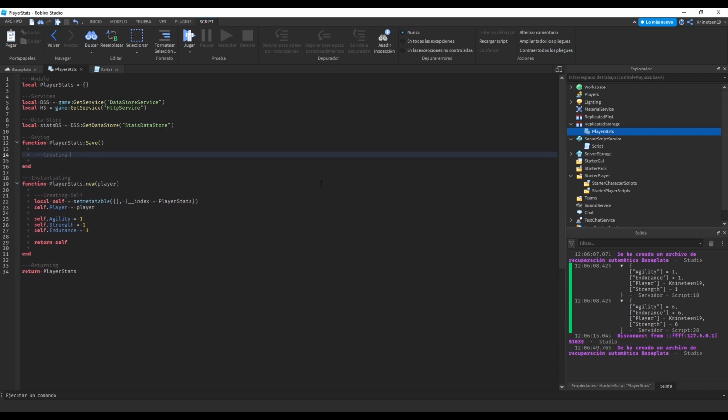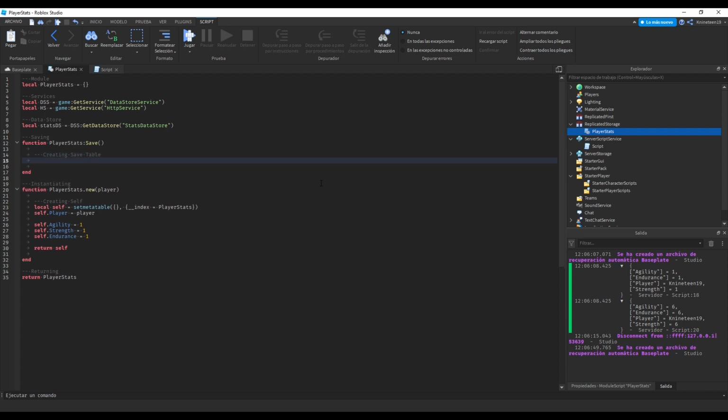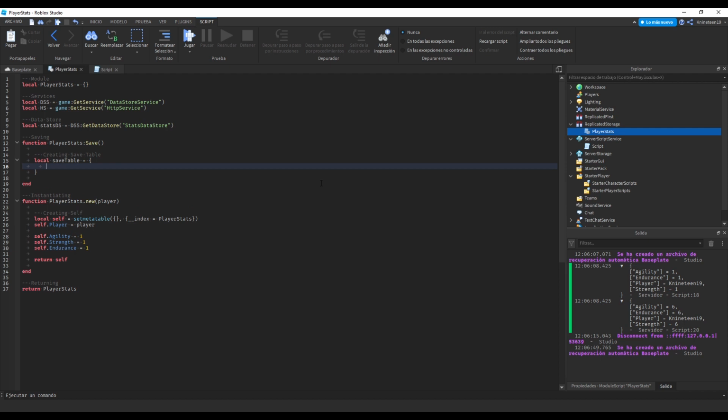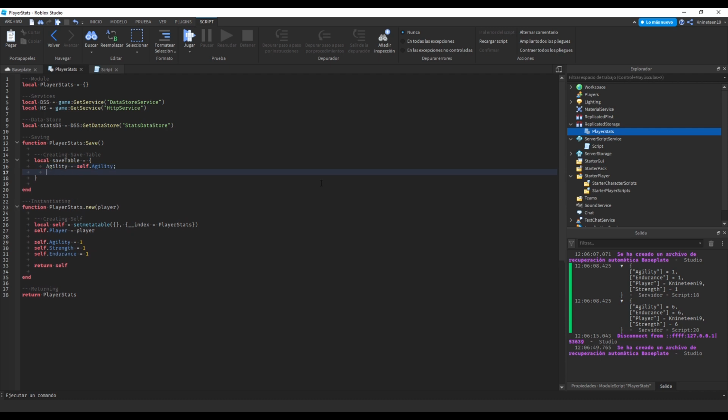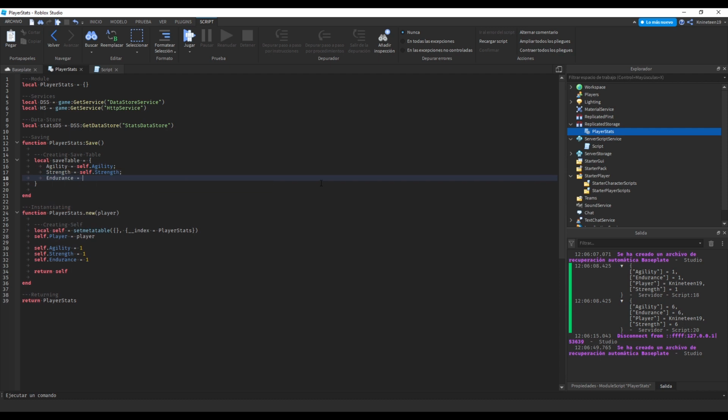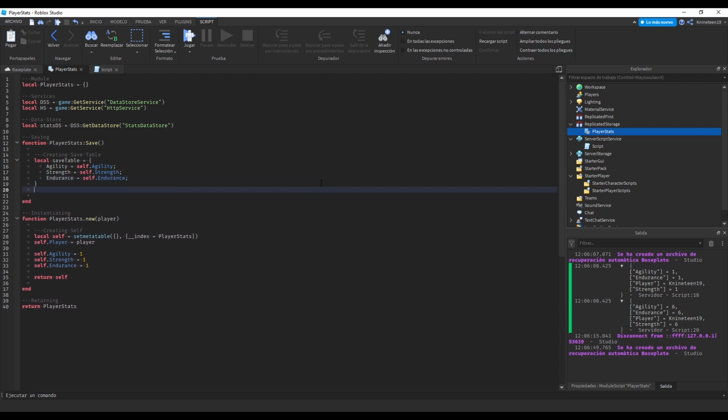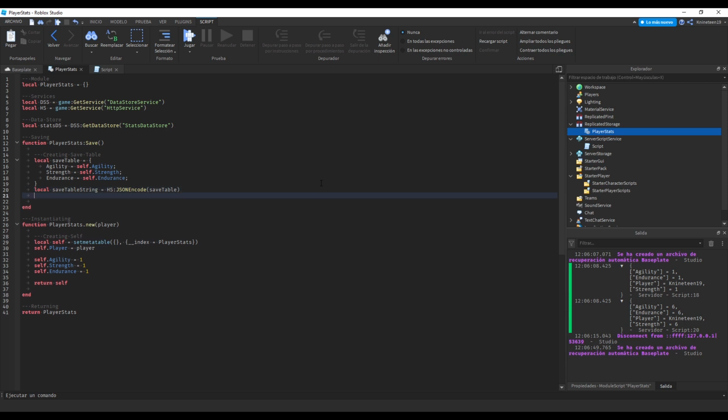Or creating save table, and so local save table equals agility equals self.agility, strength equals self.strength, endurance equals self.endurance, right? And we're going to do local save table string equals hs json encode save table, and we can do